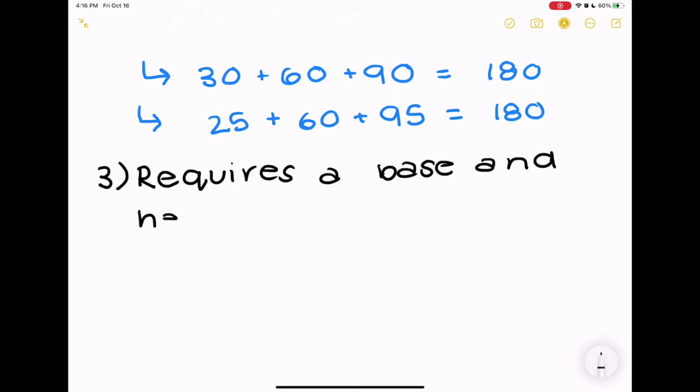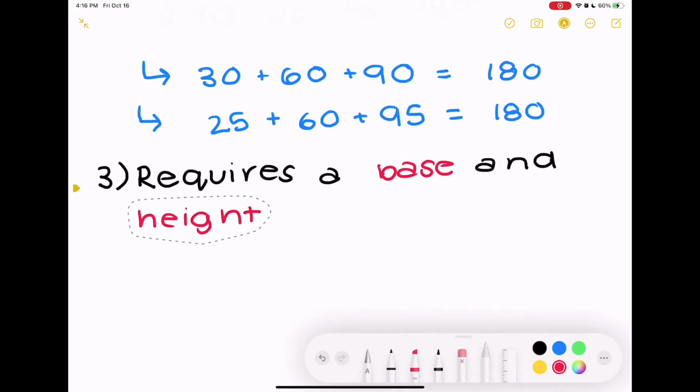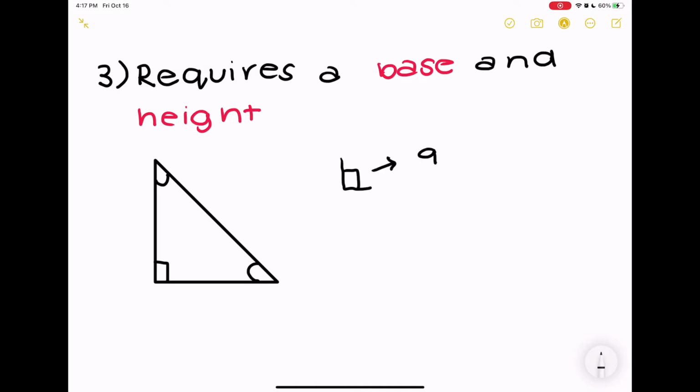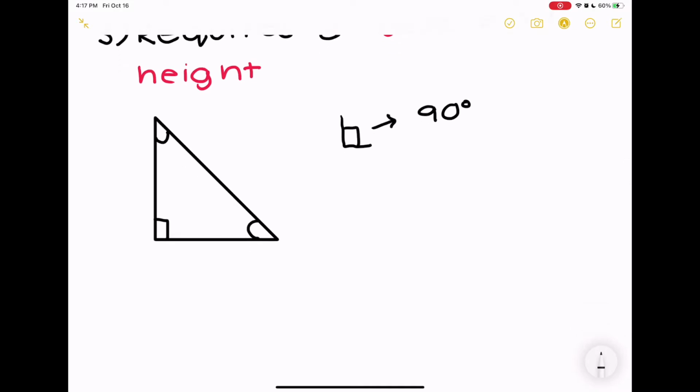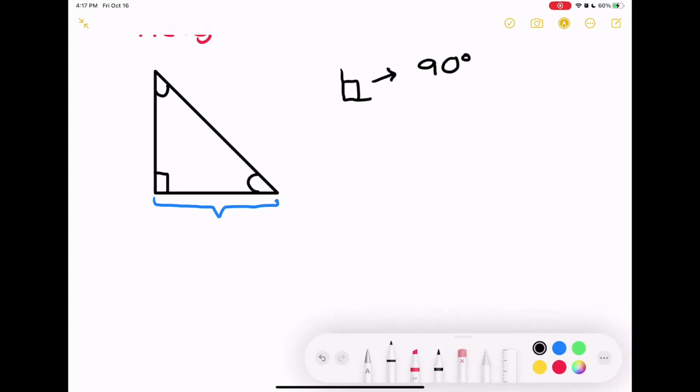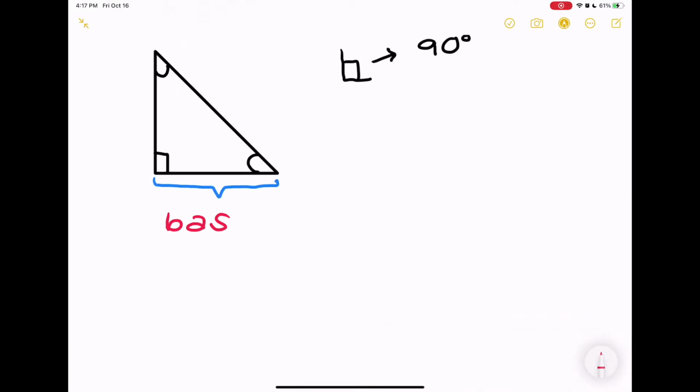Lastly, a triangle requires a base and a height. What is a base and height? Well, this is really important terminology. So I'm just gonna state this right here, but if I use this little square here, it means that that angle is 90 degrees. Anyway, so this thing, what the whole triangle is sitting on, is